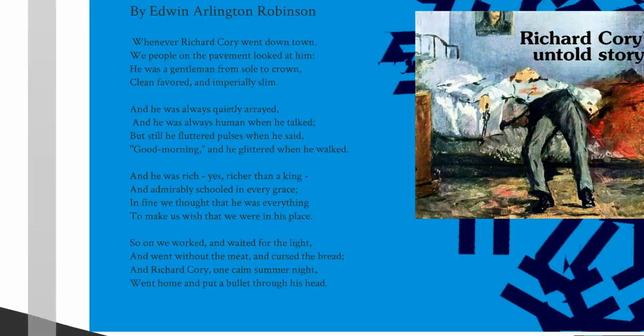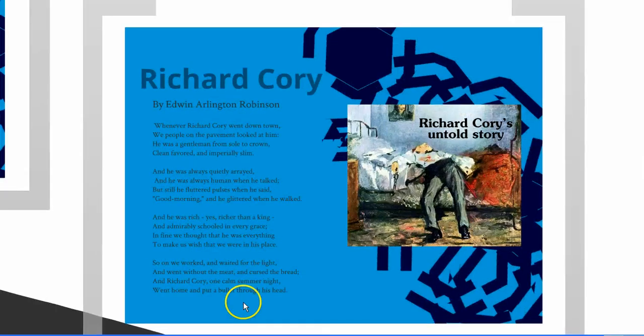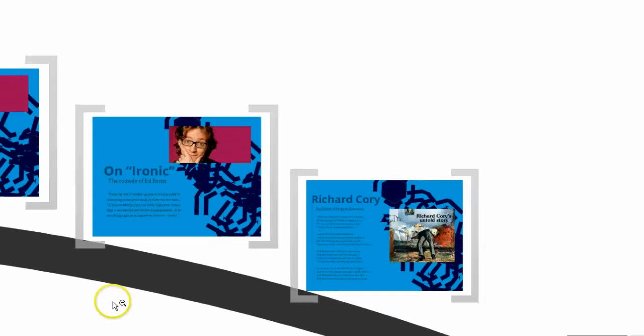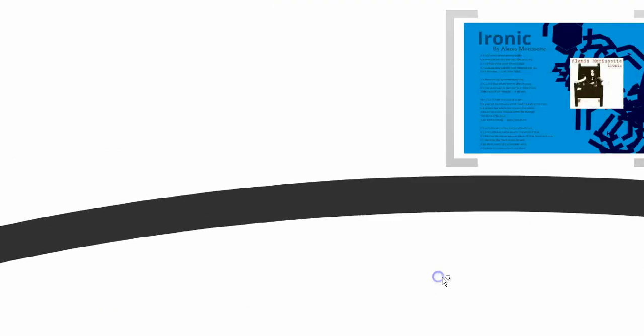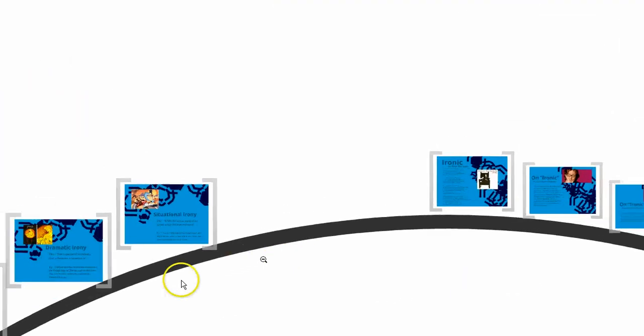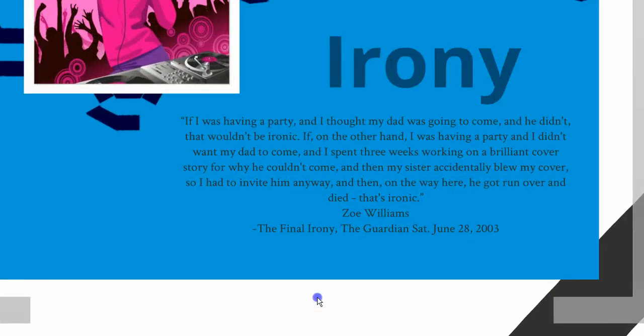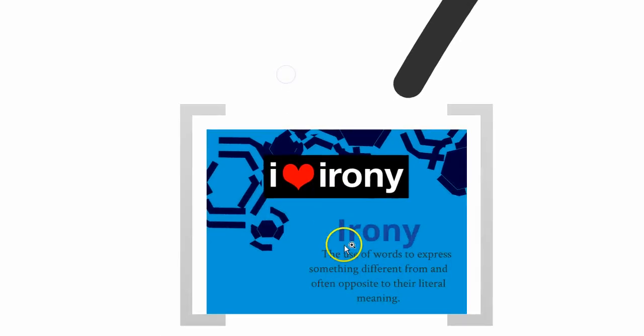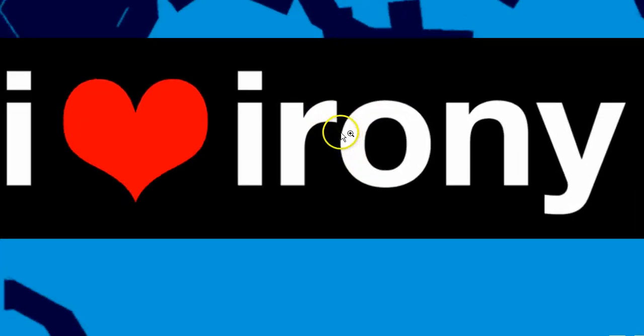Hopefully, you have a better idea of what irony is all about and how it works and how to spot it. If you have any questions or want more information about irony, talk to your English teacher. It may be me, it may be somebody else if you're not in my class. But think about irony, look for irony when you read things, and make sure that when you're calling something irony, that it's actually irony.